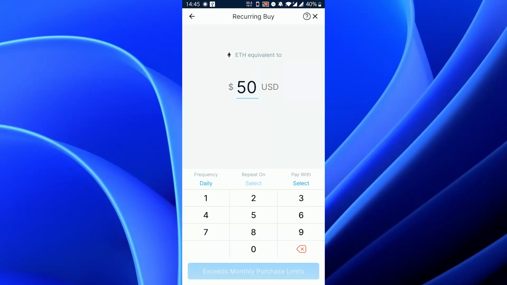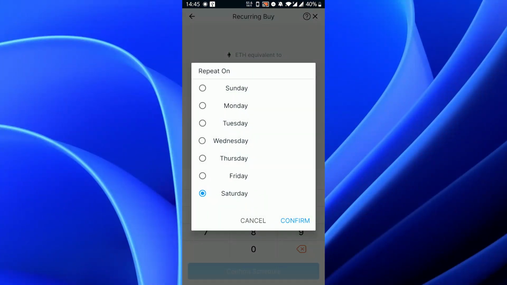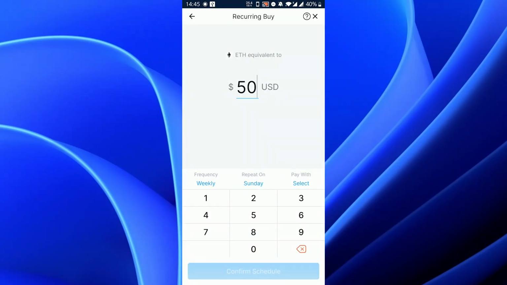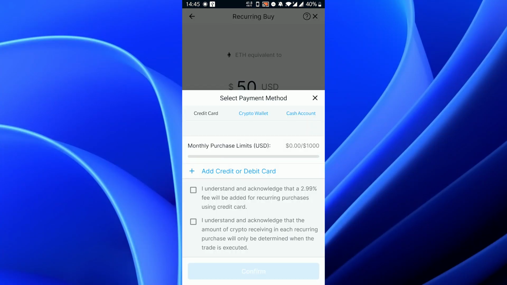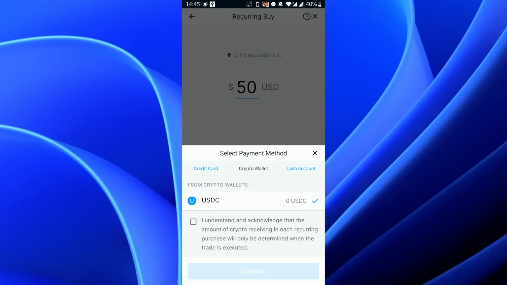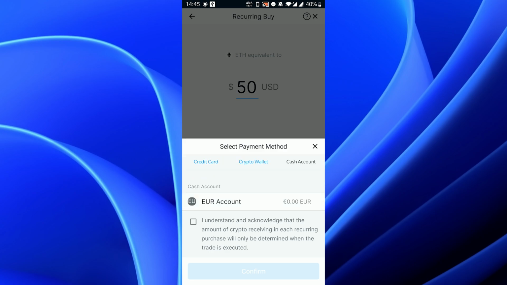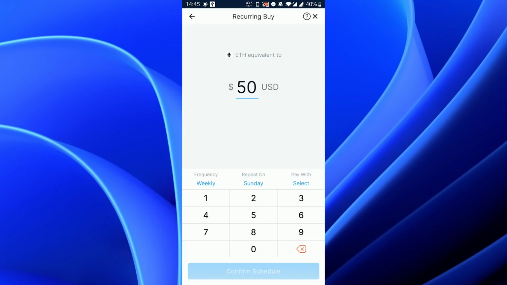buy every single day. But if you choose weekly and click on confirm, you can choose the day you want to buy. So let's say I want to buy every single Sunday. I click on Sunday here, I click on confirm, and then finally you need to choose the payment method. So pay with, click on select, and here you can choose to pay with a credit card, debit card, crypto wallet, so it will take money from your USDC wallet, or also cash account, so the money in your spot wallet, your cash account. So once you've chosen the payment method, click on confirm, and then everything will be set